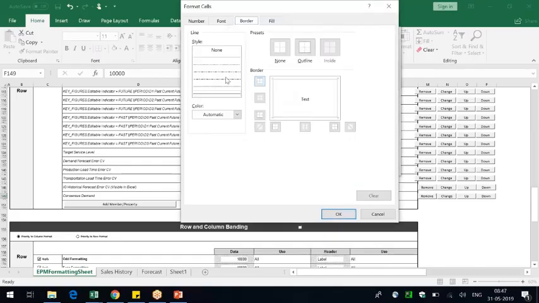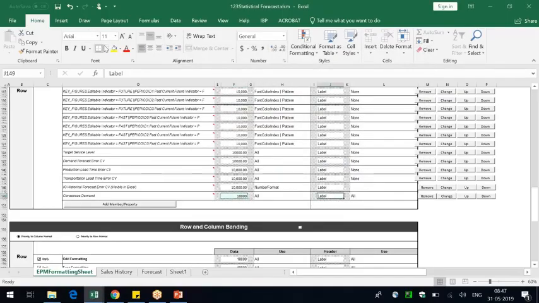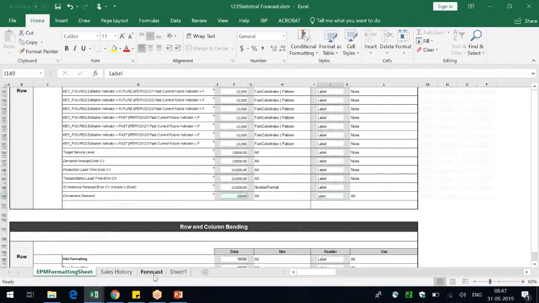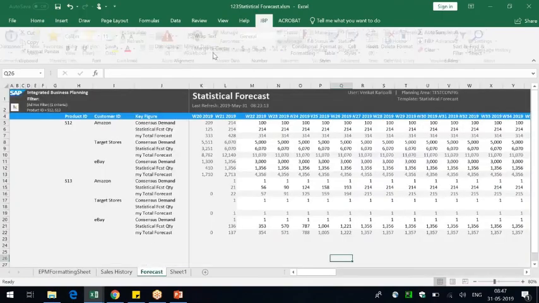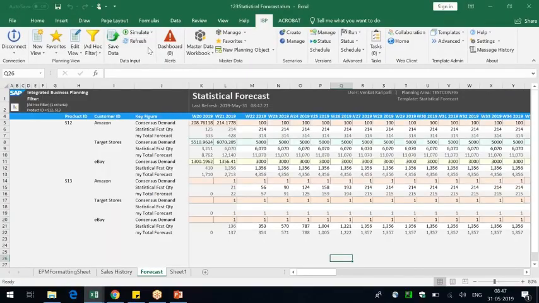Okay, border. Apply. Okay, go to the label. Label I want it to be in Calibri. That's it. Come back here. Refresh. You need to give a refresh so that the system gets the changes. So yeah, this is how your sheet will become colorful.